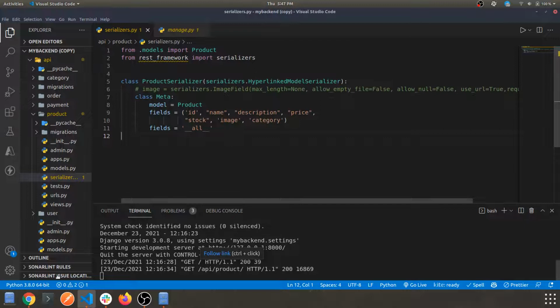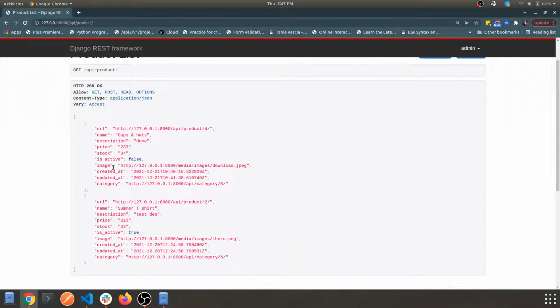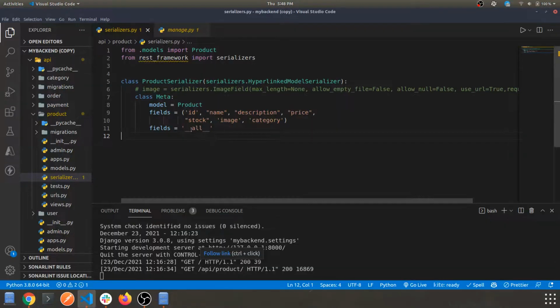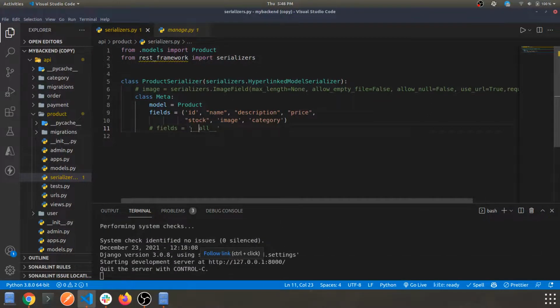So even if you don't require the created at and updated at fields, it will pull that information as well. Let's first comment this out, or you can just remove it. I'll just comment it and show you what response we are getting now.